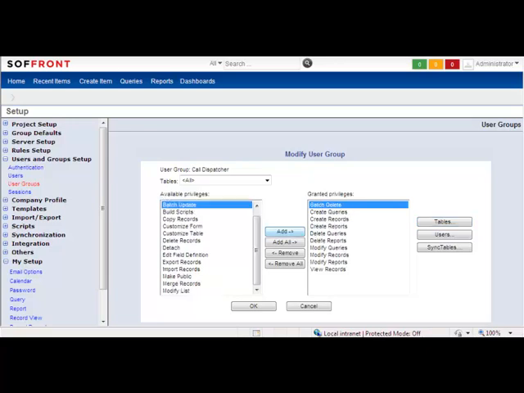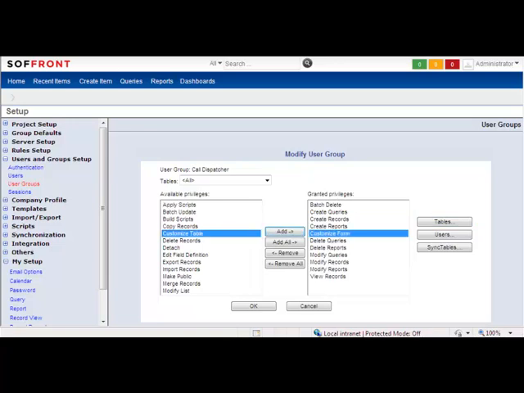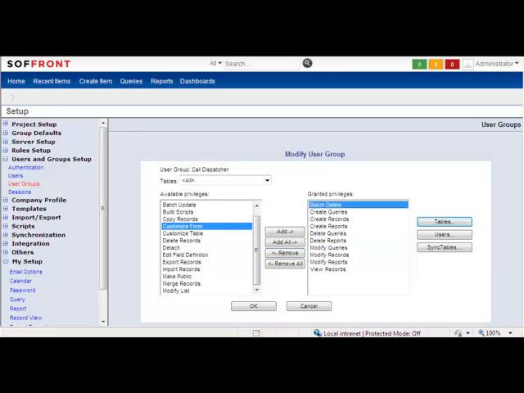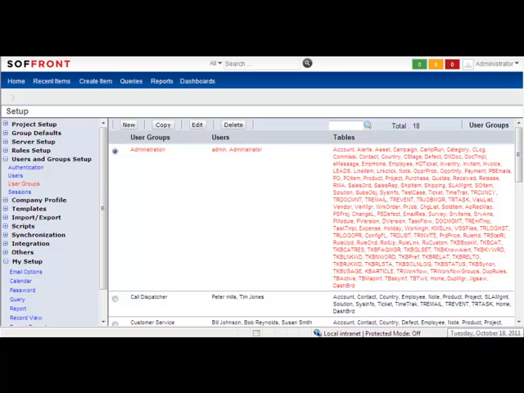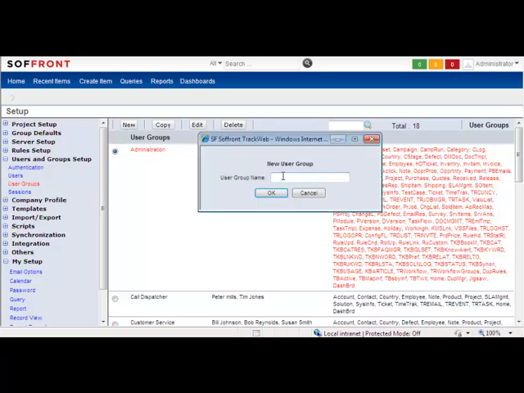Let's add Batch Delete, Batch Update, Contact Forms, and then I'm just going to go ahead and remove them just to show you an example of that and click OK. To create a new user group, I just click on New, type in the name I want,